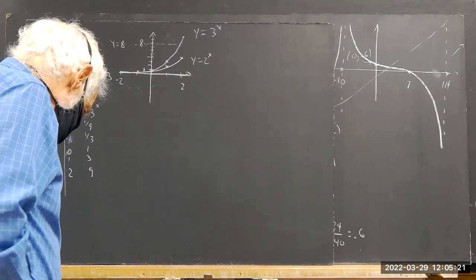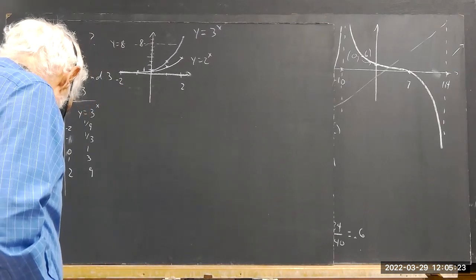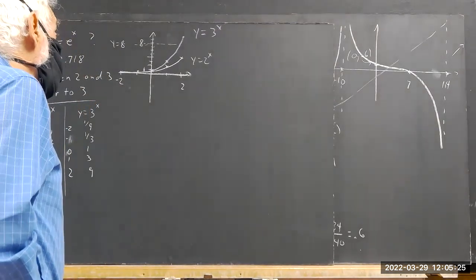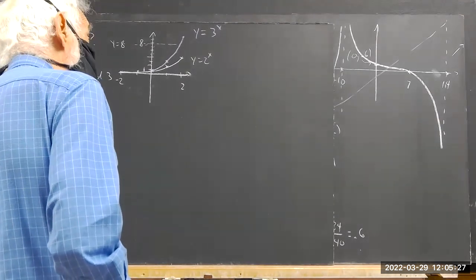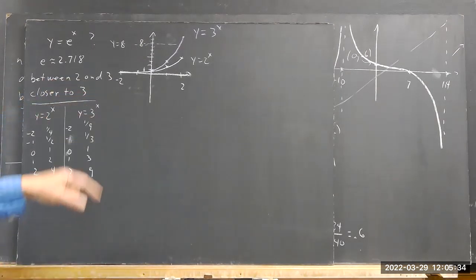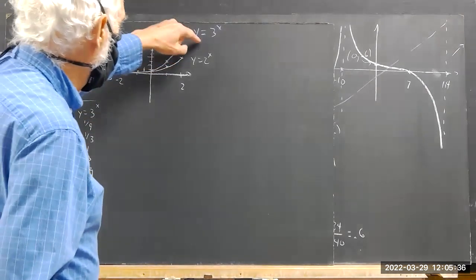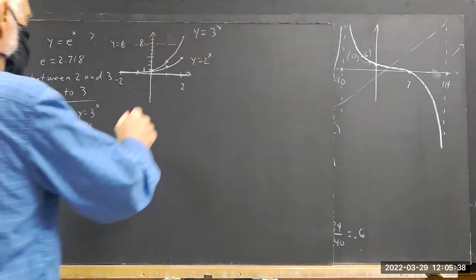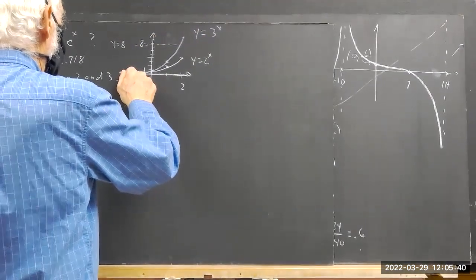So if you want to visualize y equals e to the x, just visualize the 2 to the x and the 3 to the x graph, or sketch them quickly. This takes a minute to sketch them. And then e to the x is going to be in between these, probably a little closer to the 3 to the x graph. So e to the x,